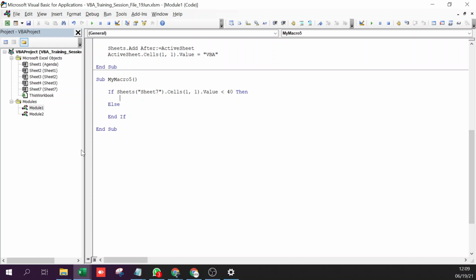And an even better way to do it is to write the name of the sheet as well as a good practice. You'll know why. By the end of the session, you'll know why. Okay. I've just copy pasted. By the way, there is no need to put a space here. It will automatically put the space. There's no need for this to be capital. It will automatically become capital. Right? Case sensitivity is not a concern at all. But yeah, case sensitivity here is important. Whatever you are writing here will exactly get displayed.